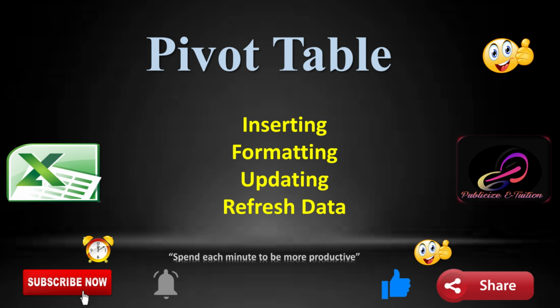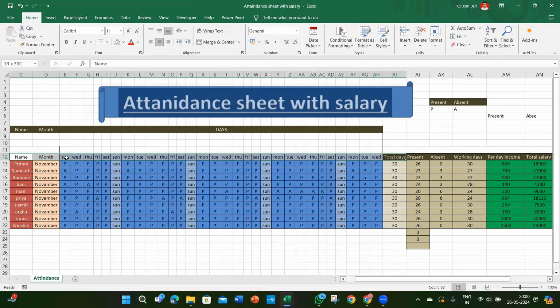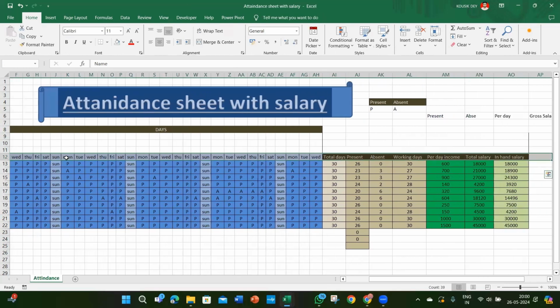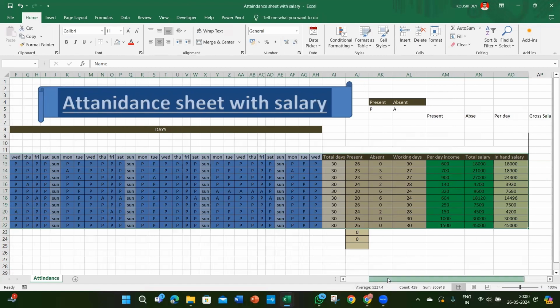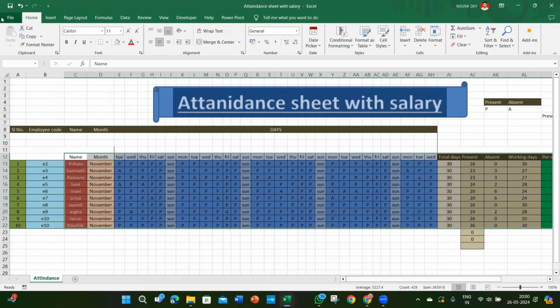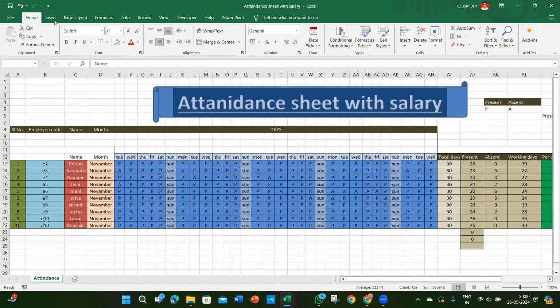A pivot table is used to extract data to create information from one larger database. Let us see. First of all, for inserting a pivot table, we need to select the data and go to Insert. Insert is here. Go to Insert